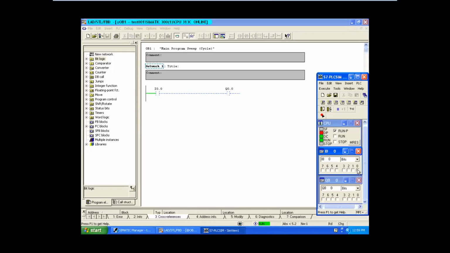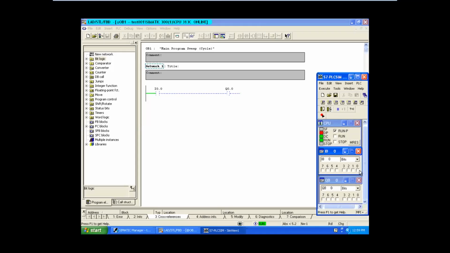Imagine you have a push button. Imagine I 0.0 is the push button. You push the button, so your output is on. If you release it, your output is off. So we may have a push button in our home for turning on a motor. If you push that, it will make a contact. If you release that, your motor will remain in an on condition. We cannot keep the push button pressed continuously. Anyhow, we need to remove our finger from it so that the motor stays on continuously.